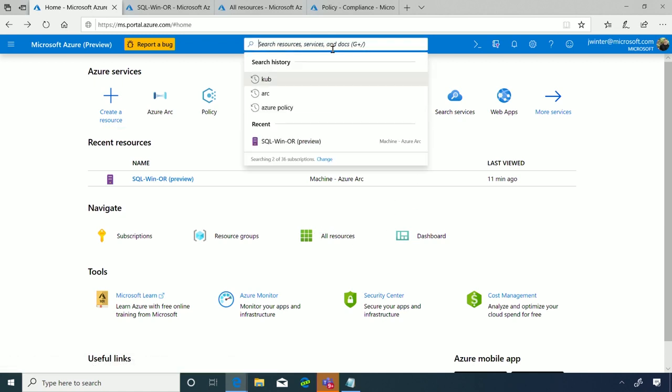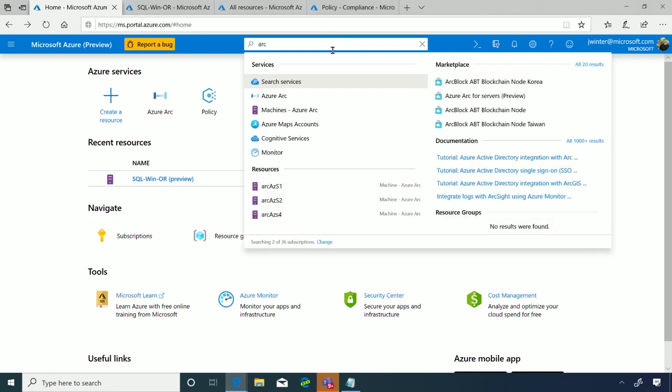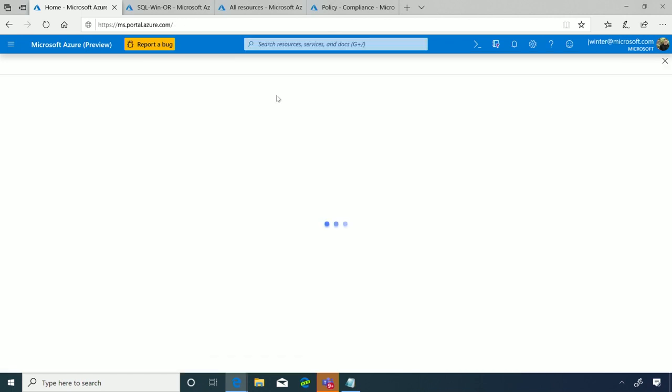For you, if you're trying to find Arc today, we can just go through and do a quick search for Arc. And we've made sure that you have 2 areas to go look at for Arc. The Arc machines, which are the machines that are connected, so these are virtual machines or physical machines that are connected in, and I'll show that experience. But you can just go to Azure Arc directly.